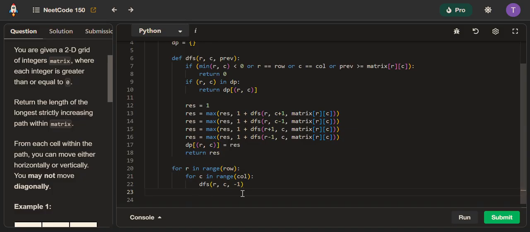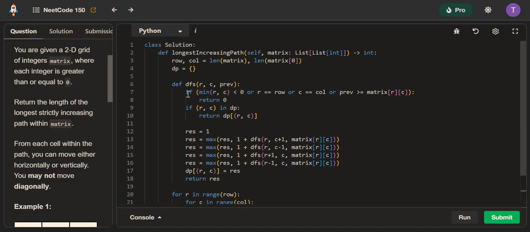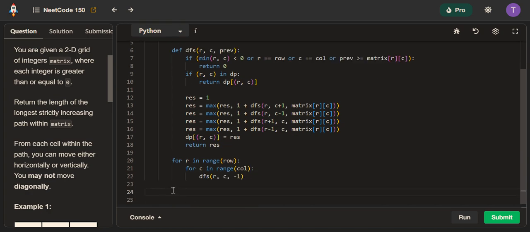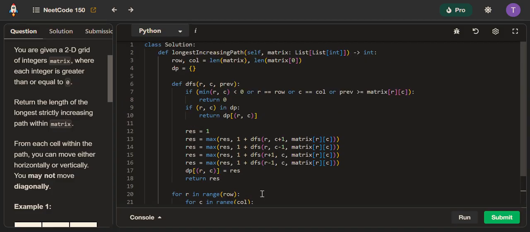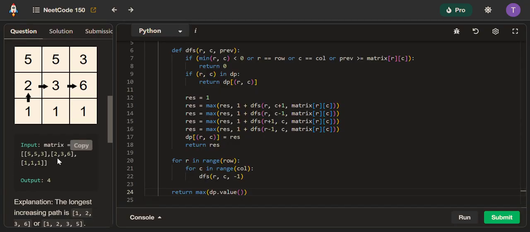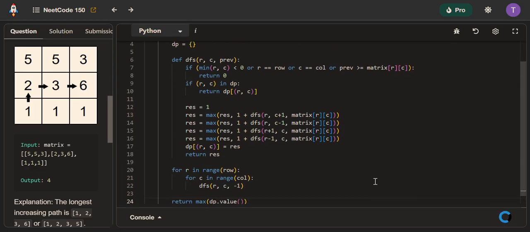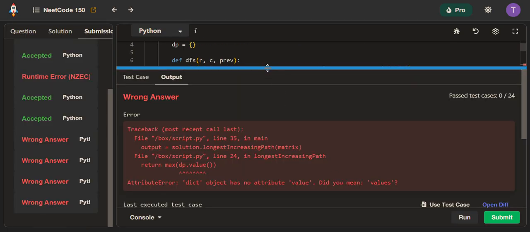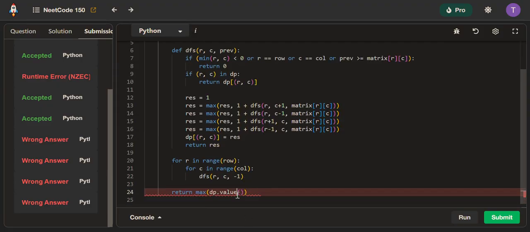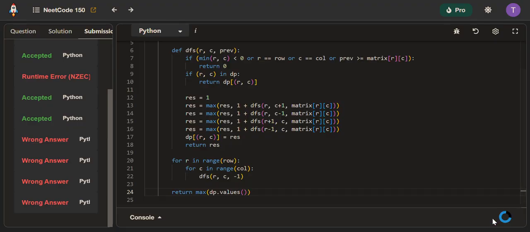So now after these calls, we know that the greatest value is somewhere inside the values of this DP, so I can simply return the maximum value in dp.values. Right, so by doing so, I will get that 4 in our example, and we can test this out. I made an error here. Let's do this again,